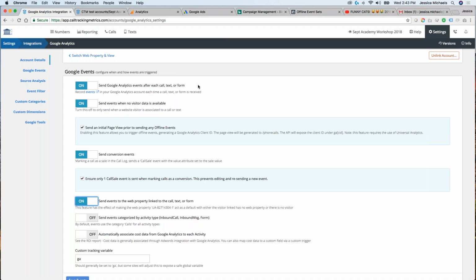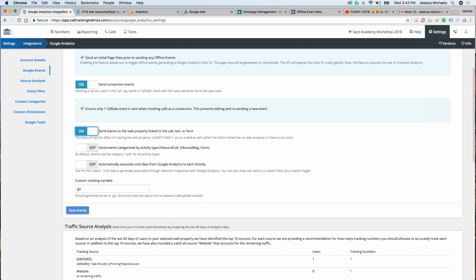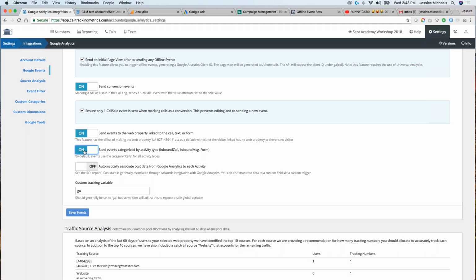So by default, we send all activities into analytics as calls. But now that we offer these new features, it makes sense to categorize them by activity type: inbound call, inbound message, or form. So I highly recommend enabling that. I think it just makes more sense, and it also helps with troubleshooting down the road.